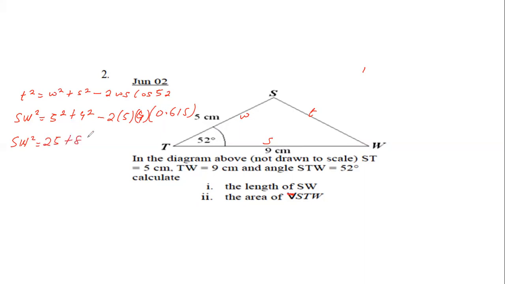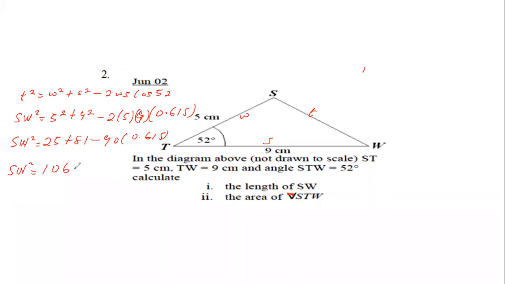Then you do the calculation. You work out 2 times 5 times 9, that is 90, times 0.615. So SW square equals 106 minus